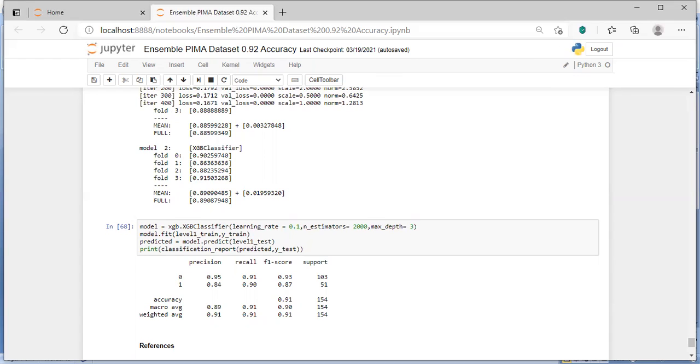So let us recall all these accuracies. Bagging of decision trees, you are getting 92%. LightGBM, you are getting 91%. Then the weighted average method, 91%. And stacking, 91%. After that, extreme gradient boosting, 90%. And NGBoost, you are getting 89%. So it's a tough competition between the different machine learning algorithms.